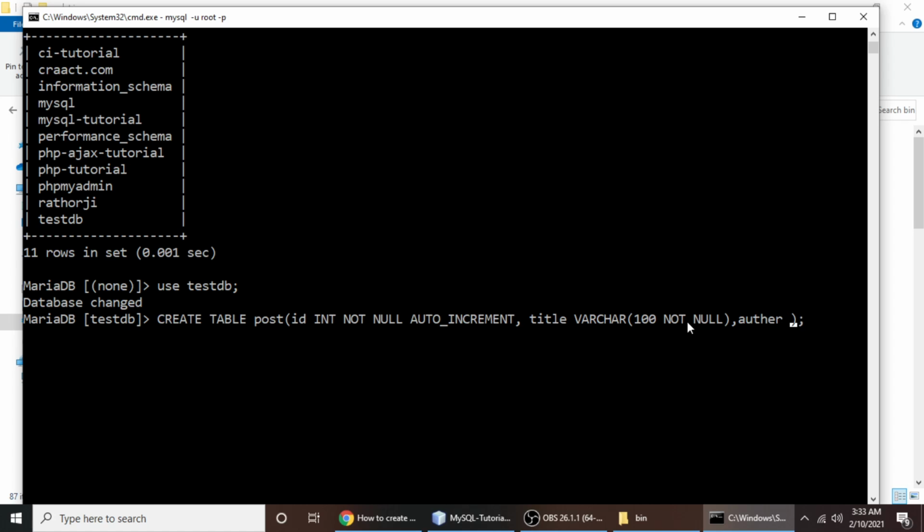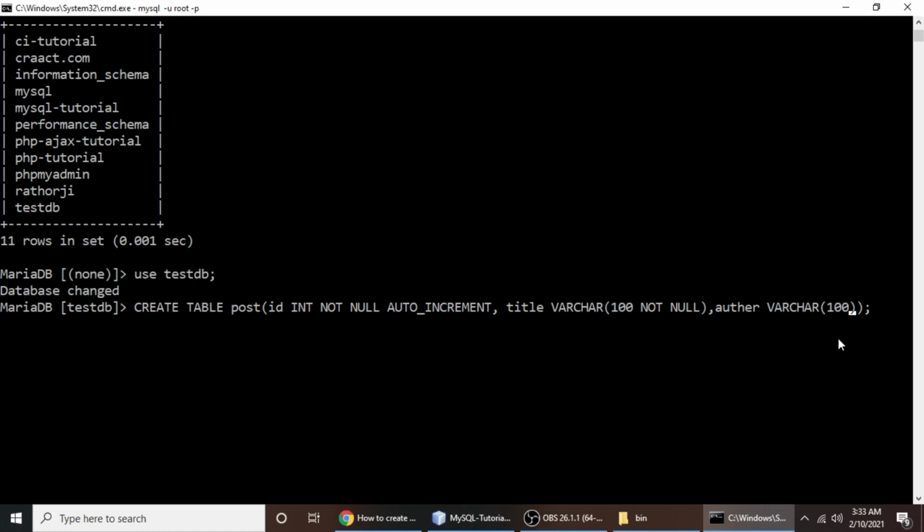And its data type is also varchar. Let me give it a length of 100 characters. It's also, and put a comma. And the fourth field is